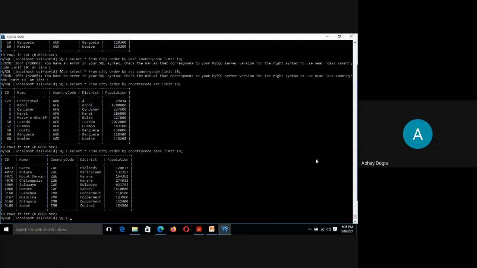We also have something called group by, right? Is there anyone who is well versed with group by? Anyone? From the name itself, you must have got an idea of what it means. Order by means putting things in order, and what does group by mean?